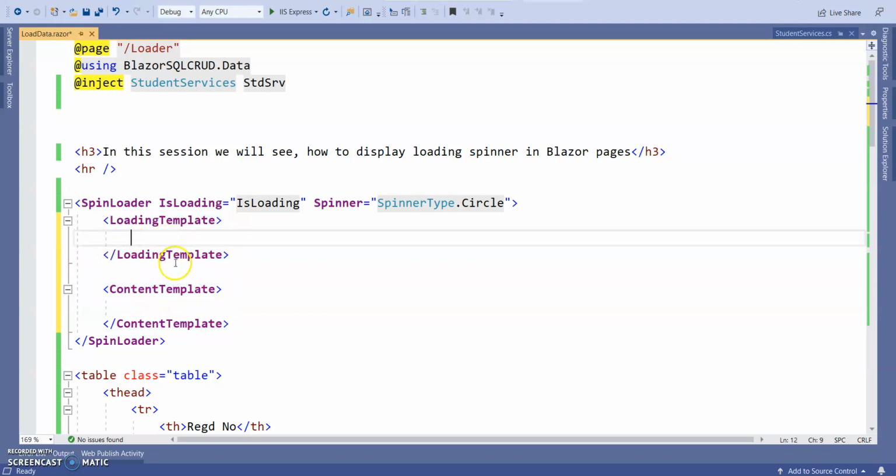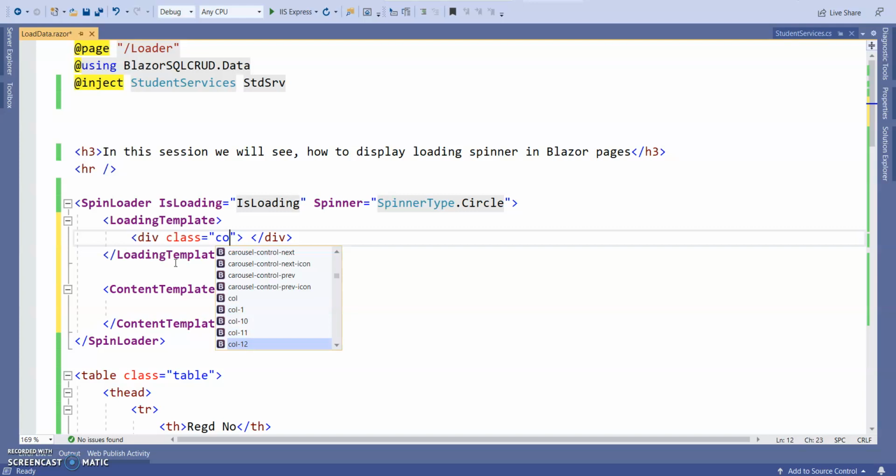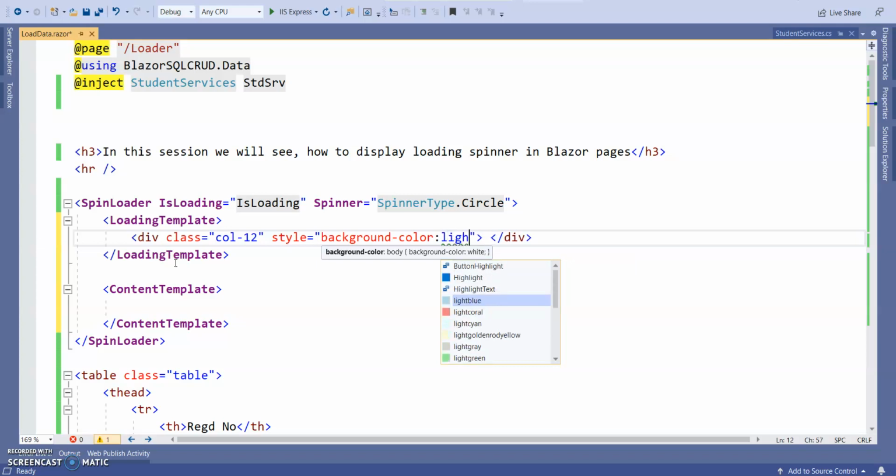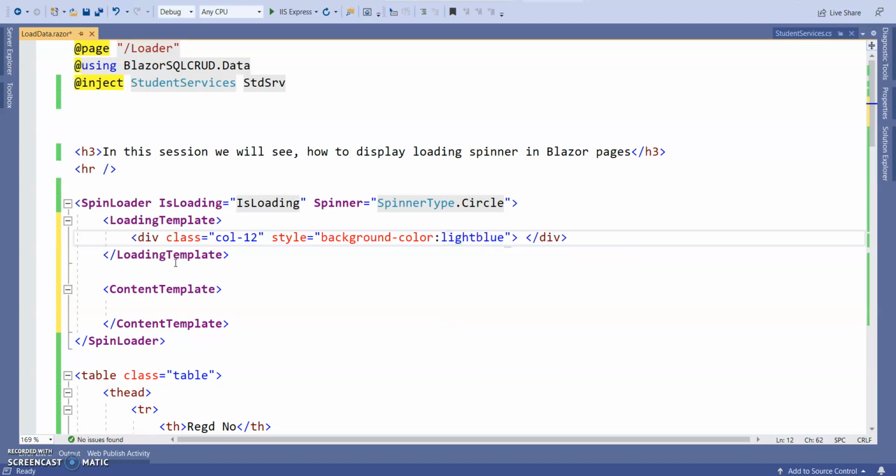For the LoadingTemplate, here I am creating a div with class equal to col-12, and style background color equal to light blue, height equal to 400.